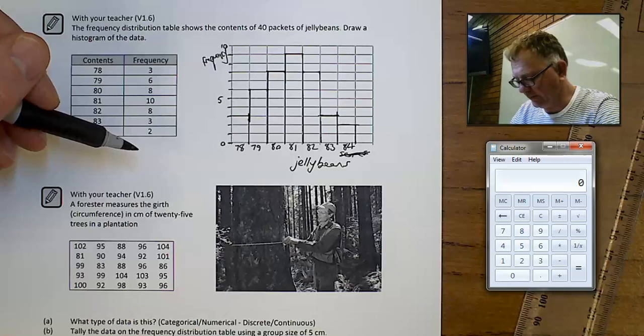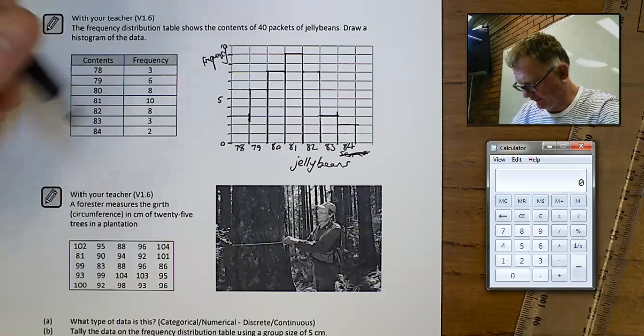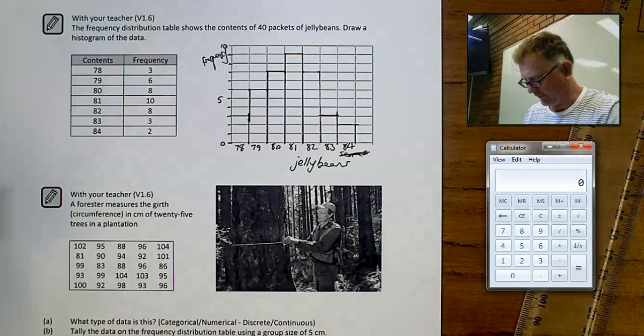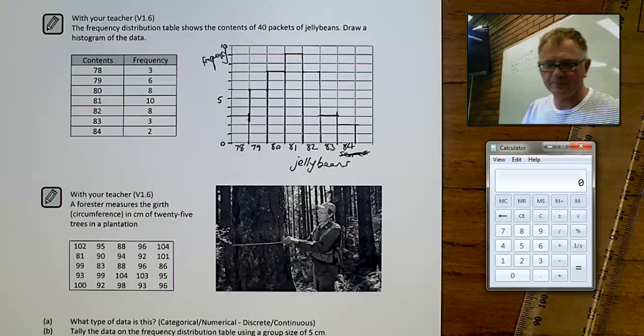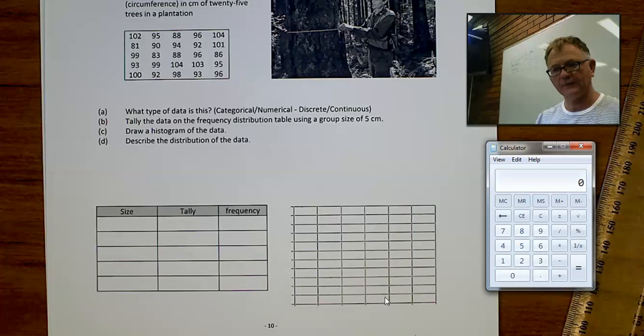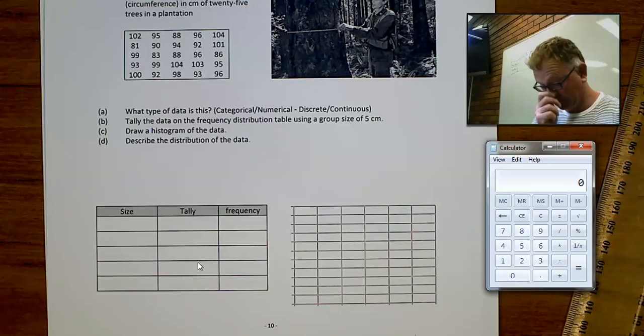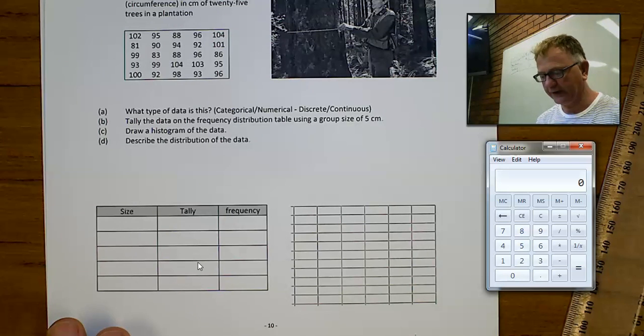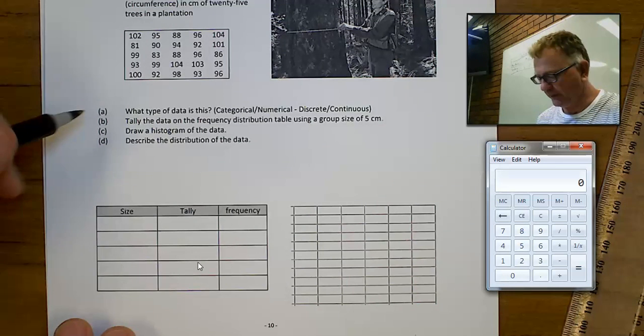I'm going to finish that one in just a moment, and I'll pause and then I'll come back and we'll have a look at the second one. Okay, we're going to come back and have a look at that first graph in just a minute again too, but let's start work on the second graph, and we're going to draw a histogram here too, but first some